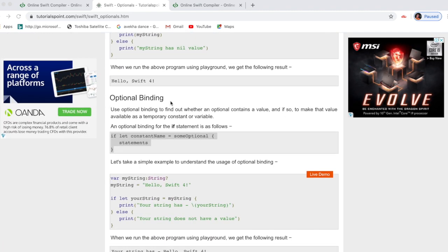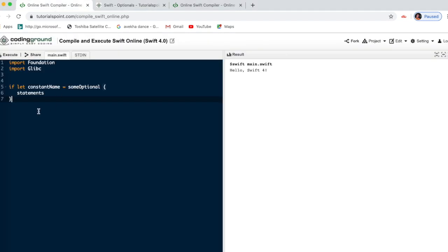Optional binding means, see here, the way to write is: if space let space give a variable name space equal to some optional, then open the curly bracket, give the statements, then close. This is the way. I will show an example.